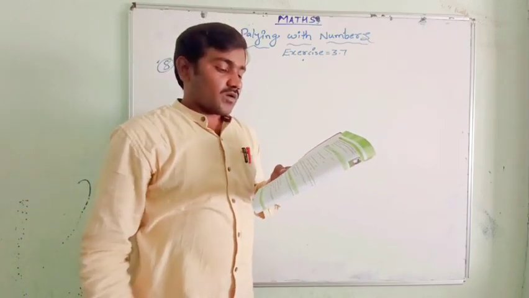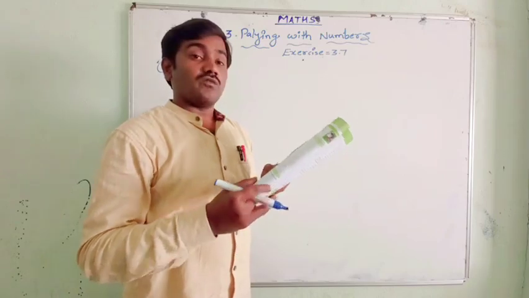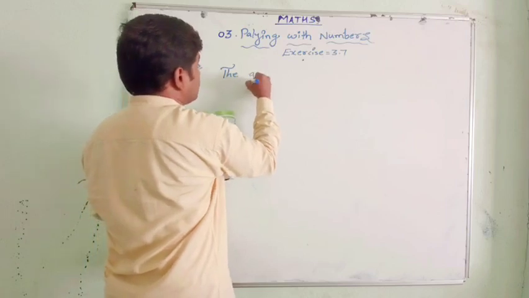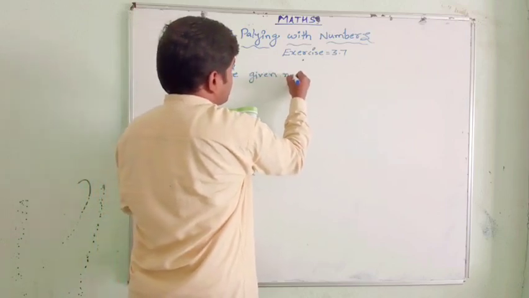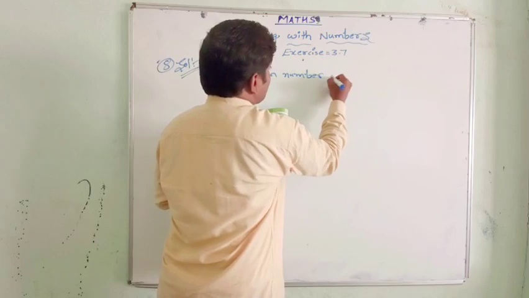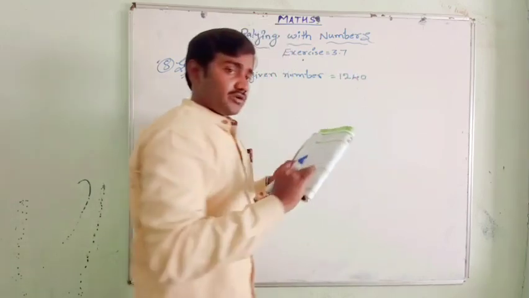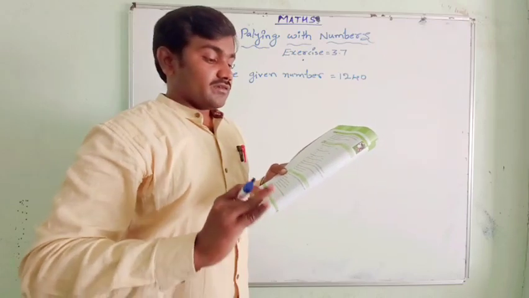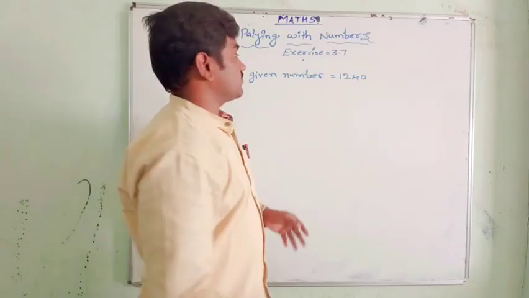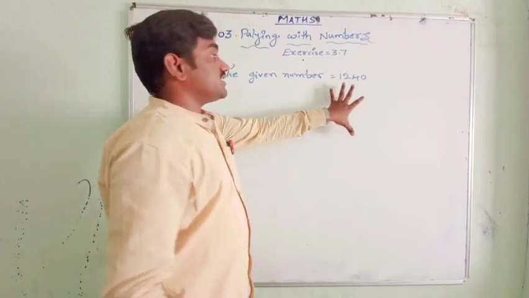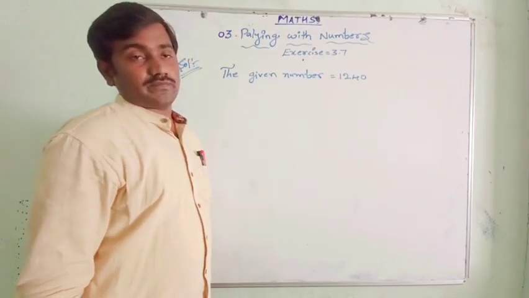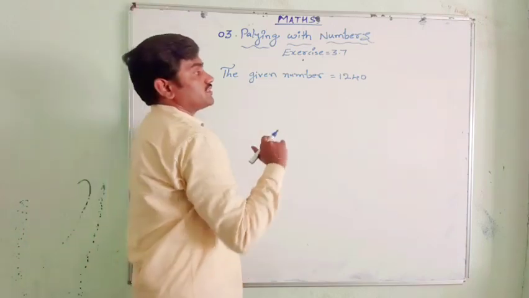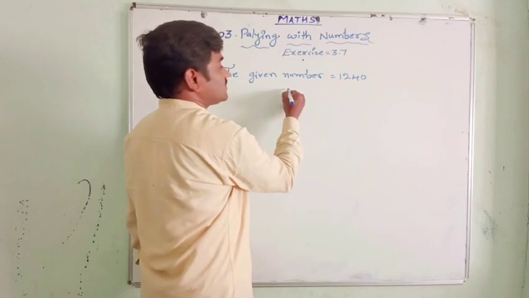Eighth one. Write the nearest number to 1240, the given number, which is divisible by 11. So let us see what is the nearest number which is divisible by 11 to this. First of all, let us see the sum of odd digit places and sum of even digit places and their difference. First of all, let us divide this